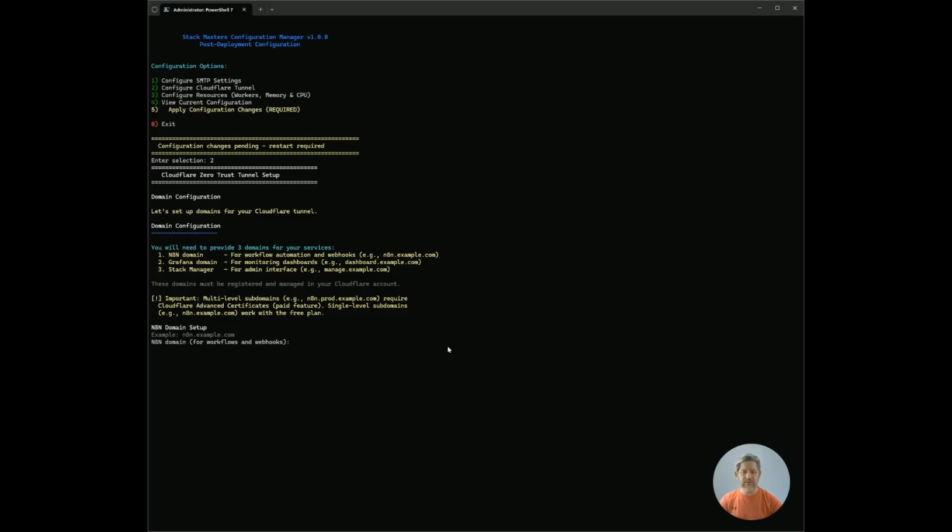Now, also, if you want multiple subdomains, so for example, if you want n8n.prod.mydomain.com, which is multiple levels deep, then you also need the Cloudflare Advanced Certificates feature, which is a paid feature. It's $10 a month per domain. So it's not per account, it's per domain. It's $10 a month if you want to go multiple levels deep. Otherwise, if you're just going one level deep, so for example,